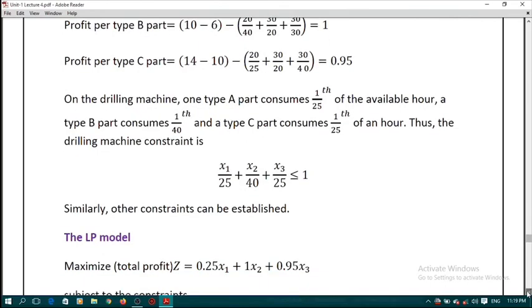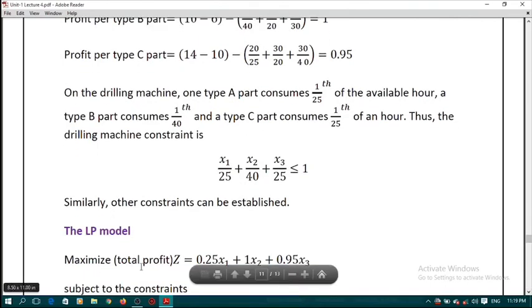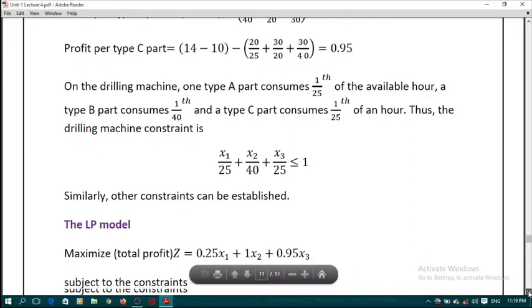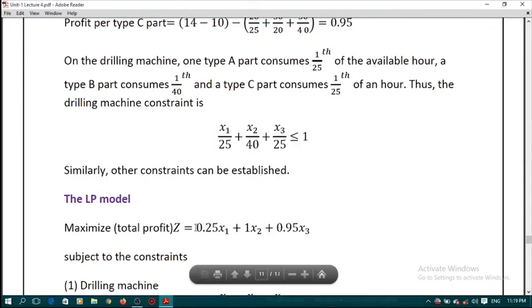So using that we can write: maximize total profit Z equals 0.25x1 plus 1 times x2 plus 0.95x3,